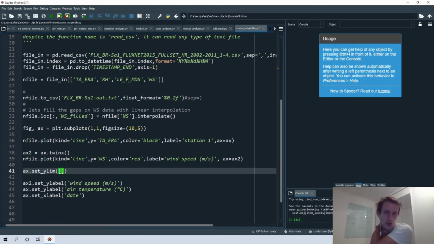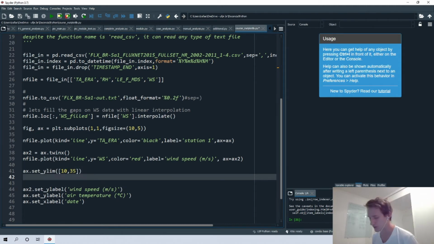So our air temperature fluctuates from 22 to 34. As we want to move that variable to the upper part of the graph, we can define that from 10 to 35. Okay, we can see actually if it's good or not.